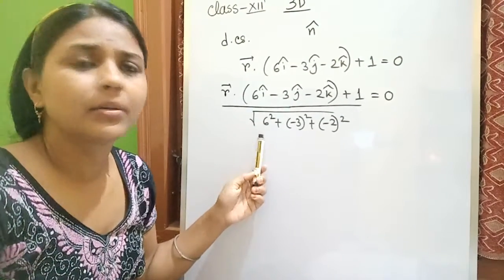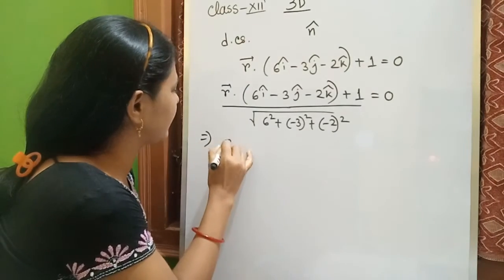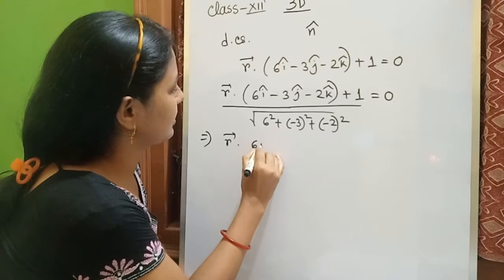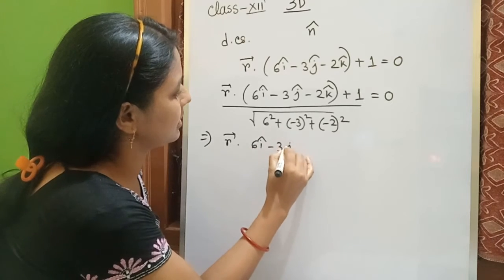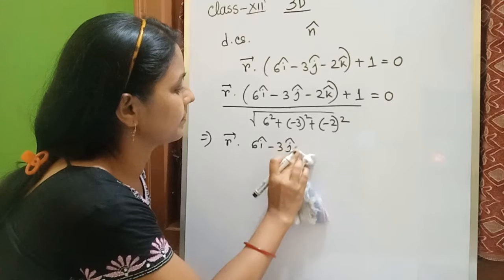Now, just dividing, what will we get? We will get r dot 6i as it is, minus 3j, minus 2k